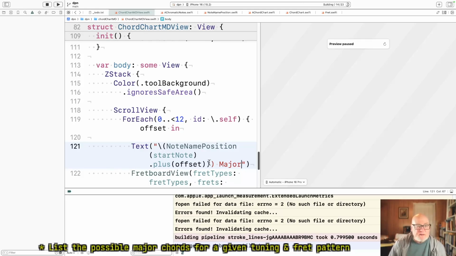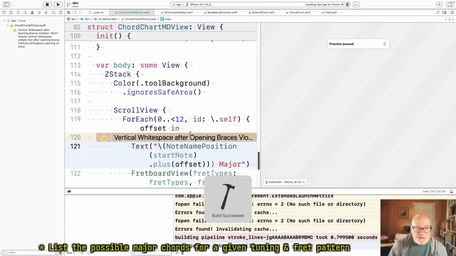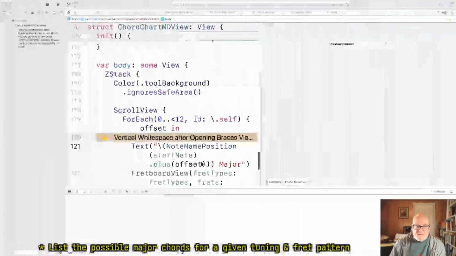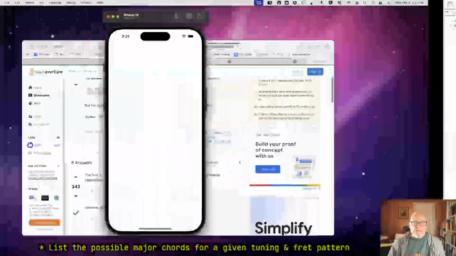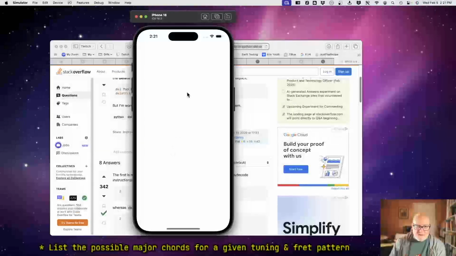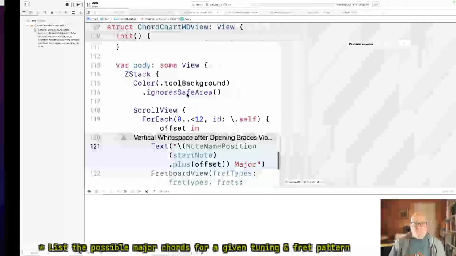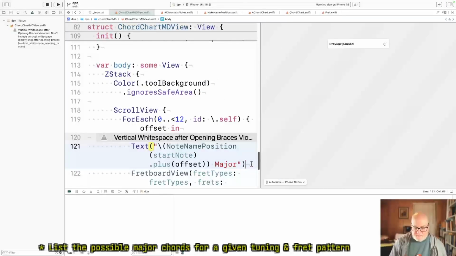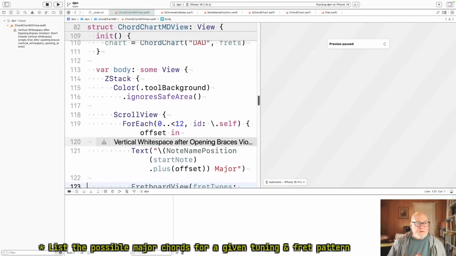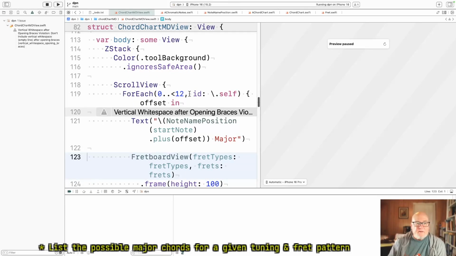Extra closing paren. Okay. Well. Okay, and then we need,